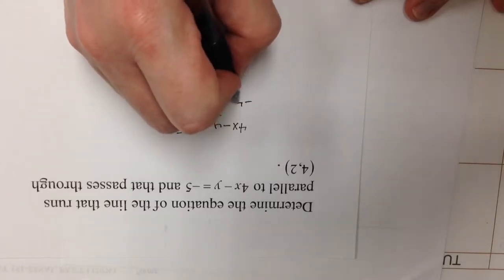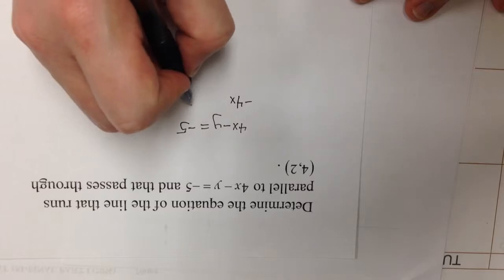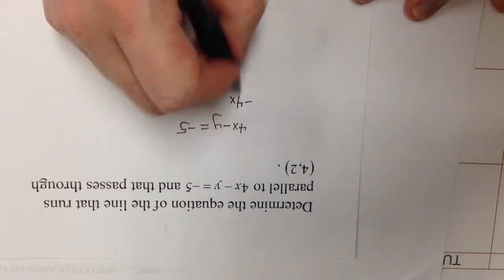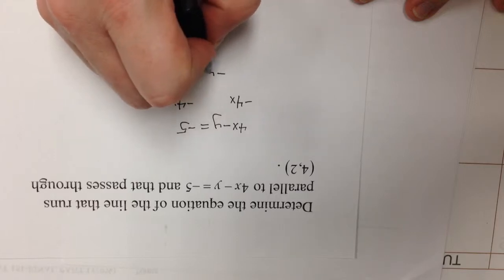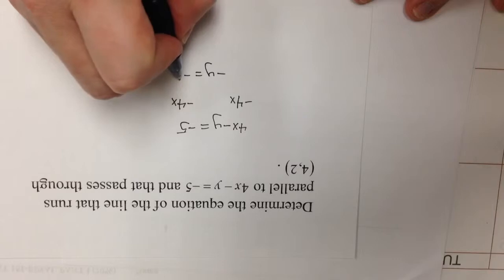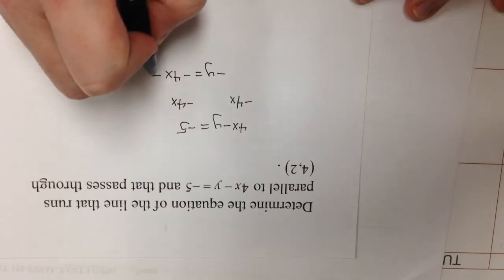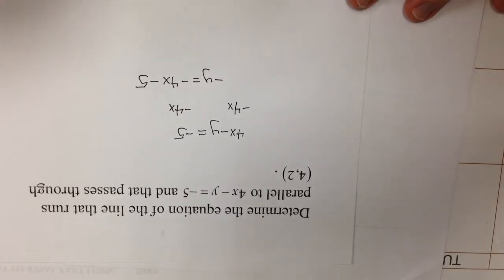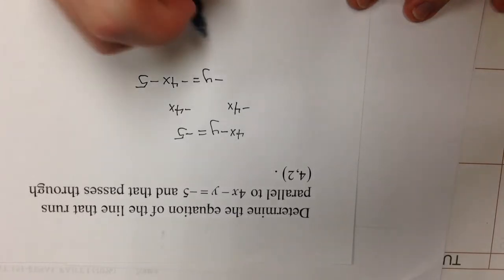We can take out 4x on both sides, so the 4x's cancel out, and we have negative y is equal to negative 4x minus 5, and with the follow through you can either multiply or divide both sides by negative 1, and you will in effect